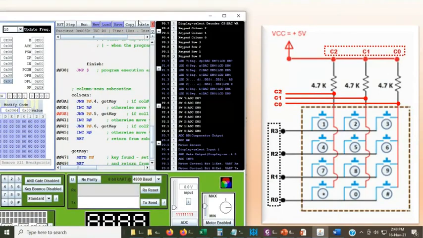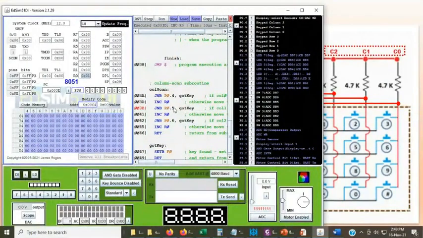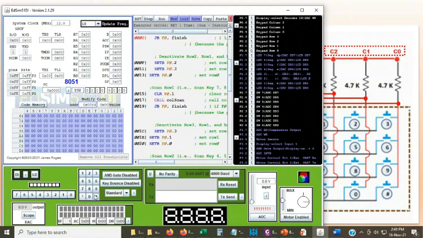Both will be low. Okay. So now I am going to check this key. Is it pressed? No. Okay. Increment R0. Go to key number 2. Here. Is it pressed? No. Then increment to key number 3 and return. So that means these 3 keys have not been pressed.